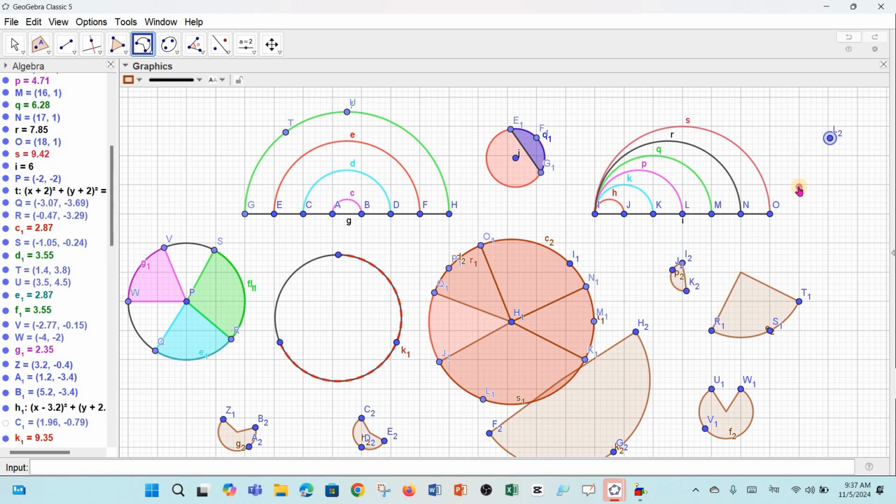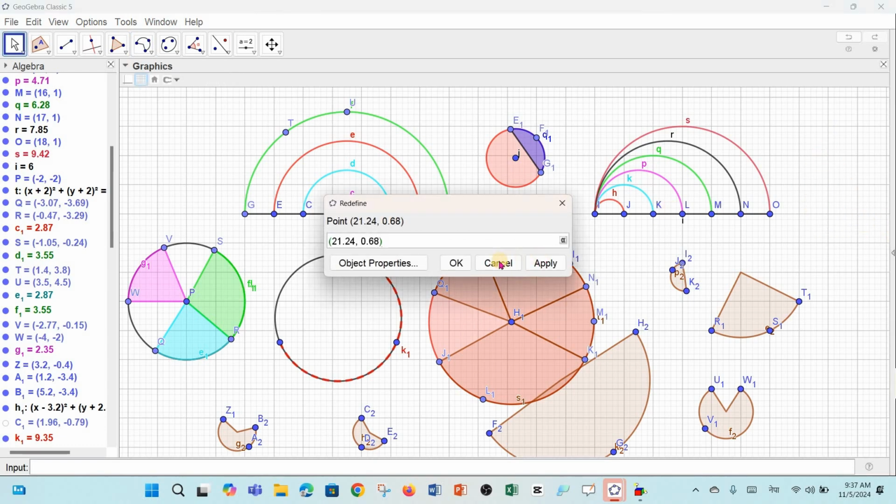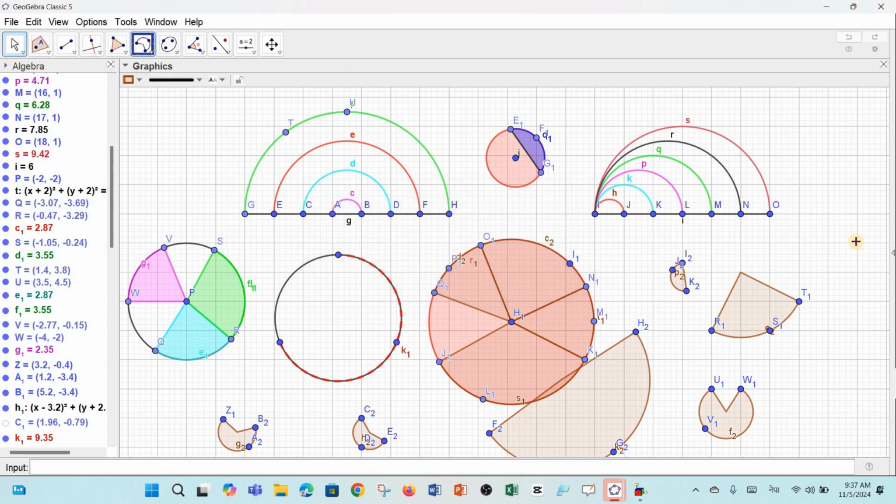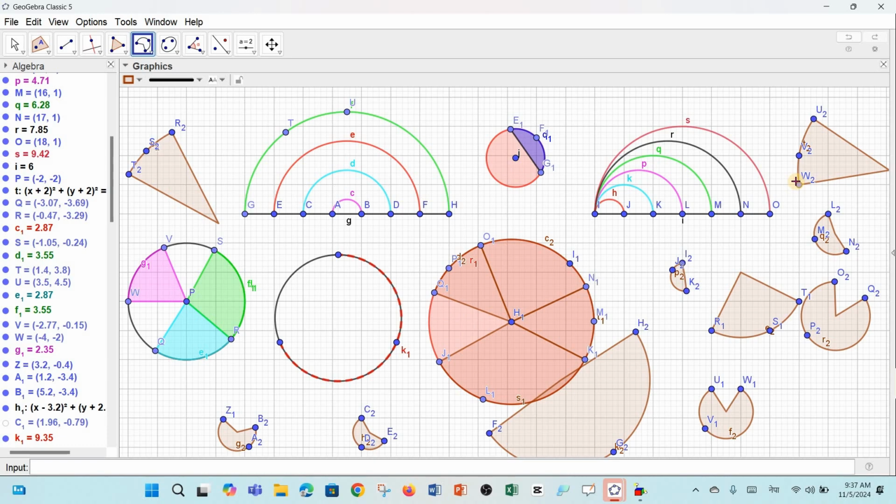Like this we can draw circumsector. 1 point, 2 point, 3 points. These all represent circumsector. Like this also we can draw circumsector,